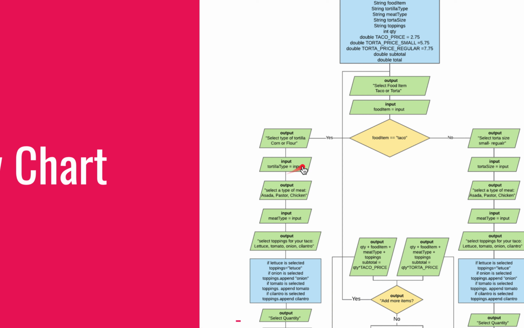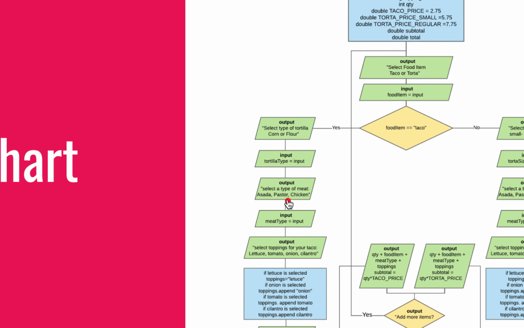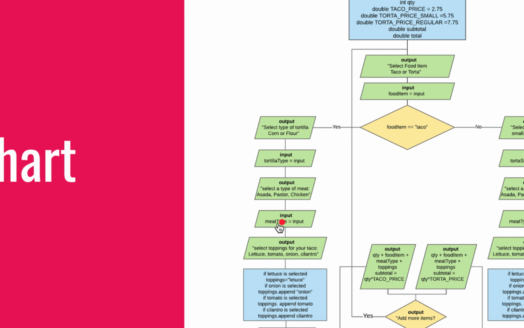The user input is assigned to the type of tortilla. They select the type of meat, and again, whatever the input selects is assigned to the meat type, and then they also select